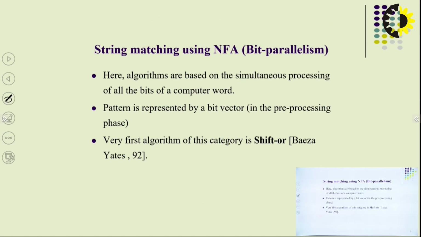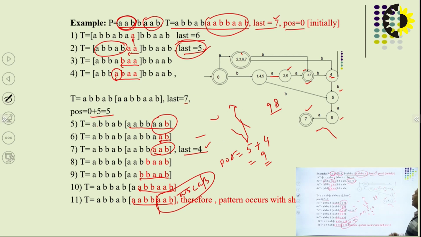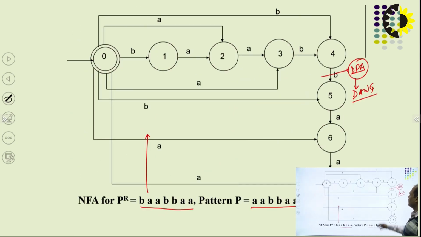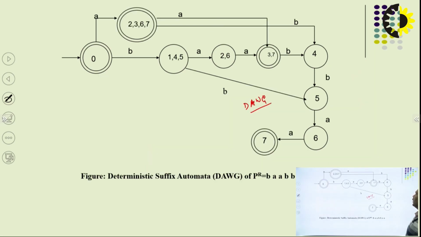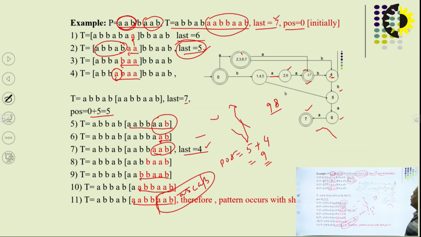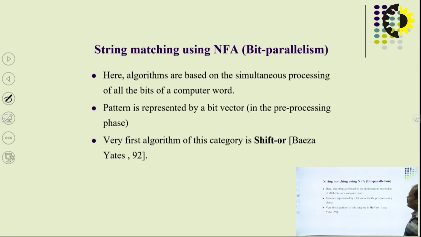And we have seen what is the major problem with all this finite automata and the suffix automata. All the algorithms require the finite automata NFA to be converted into DFA. You have seen it. You have to convert NFA and then that NFA needs to be converted into DFA. So this is a very expensive affair actually. Because if you are converting NFA to DFA, it will consume your space, consume your time, and it is not very efficient. So researchers have proposed